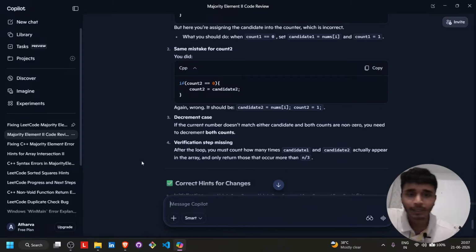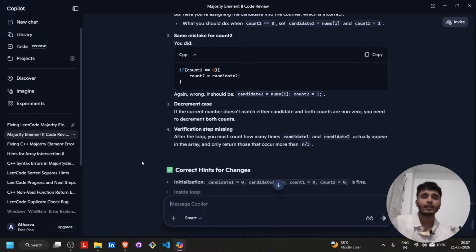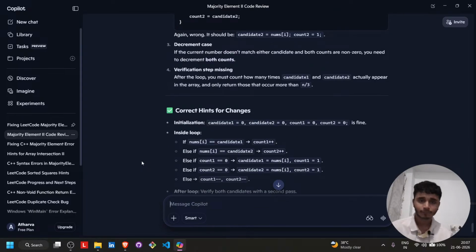Decrement case: if the current number does not match either candidate and both counts are non-zero, you need to decrement both counts. Verification step missing. After the loop, you must count how many times candidate 1 and candidate 2 actually appear in the array and only return those that occur more than the required number of times. Okay, hence